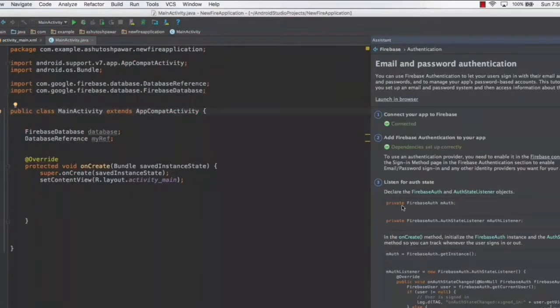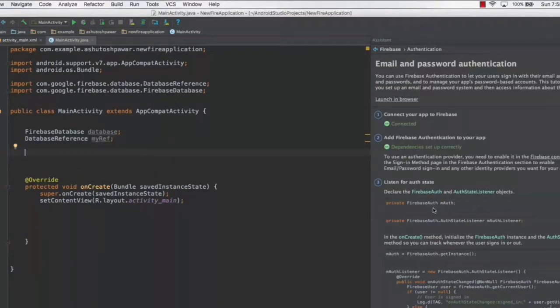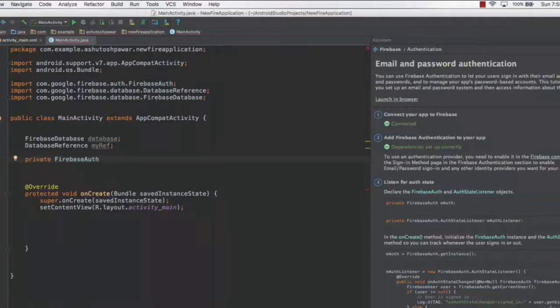It's actually going to take a while, but the dependencies are going to be added, and we could go ahead and set up the Firebase auth, and we will also set up the auth state listener. The Firebase auth is a reference to the Firebase authentication. Just as we had a reference to the database, this is a reference to the authentication. We have declared these things because, let's assume that you want to have a reference to the database if you want to display some database values. Let's see if we actually need them, but for now we will use the FirebaseAuth. So that's going to be private FirebaseAuth, let's type in mAuth,